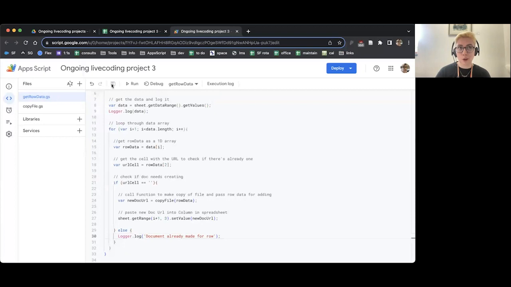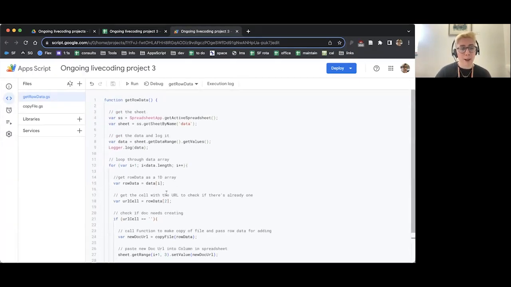Double check you've got all the brackets closed like this. We should have 3 lovely sets of curly braces closed. Just keep an eye on that. When you hit save, you might get errors if you haven't. So just check that, make sure they're all looking correct. And then we're ready to run it.